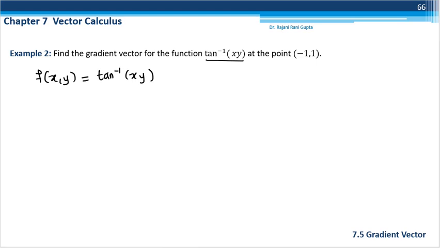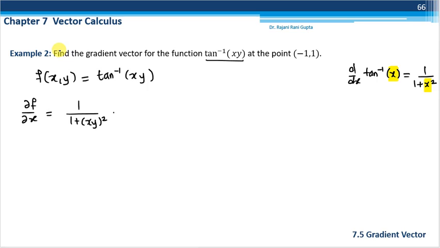So what you will do? You have to find the partial derivative with respect to x. For tan inverse of x, the derivative, if you recall the formula, is 1 over 1 plus x squared. So whatever is in the bracket of tan inverse, you have to square that number. So this will give you 1 over 1 plus xy whole squared, times